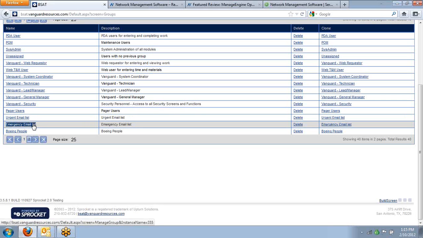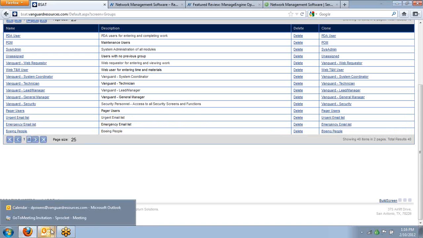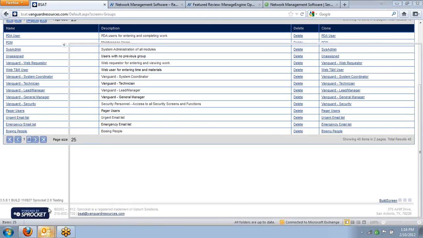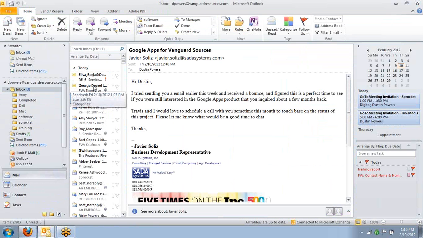Now each of these lists has users assigned to it. So for the emergency email list, it has the 2 supervisors at Boeing, it has myself on it, and it could have some Boeing administration folks on there. The urgent list has the systems coordinator and the local supervisors on it. And what that does is anytime an emergency or urgent work order is submitted, it fires, and it sends an email notification. So I'm going to open up my email